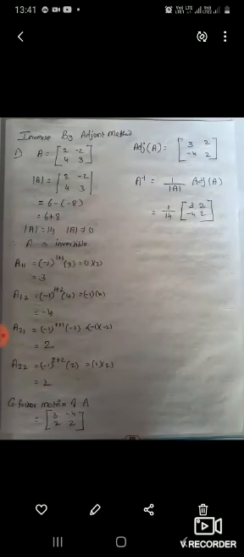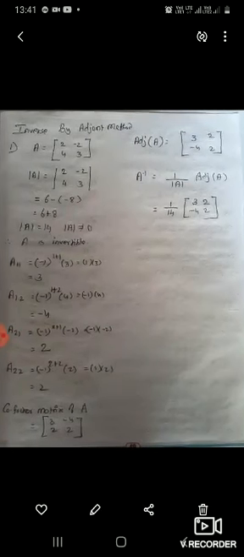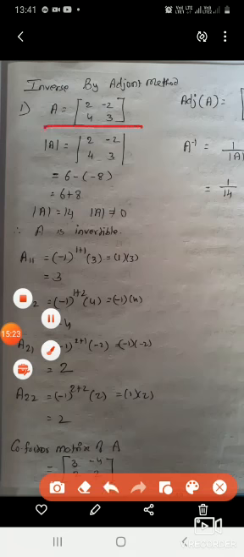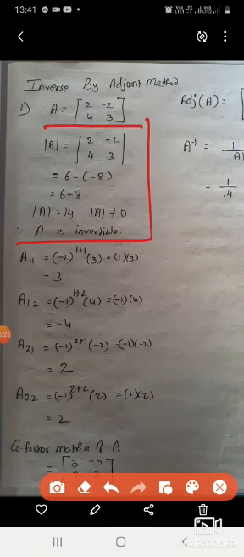Now listen, I am taking the inverse of a small 2 by 2 matrix. First, as per our step, whether it is invertible or not. 2 3 are 6 minus 8, that is 14. A is not equal to 0, so A is invertible. First decision done. Second, I have to go for the cofactor matrix. We have to find it out.